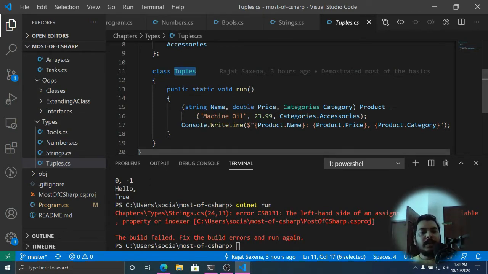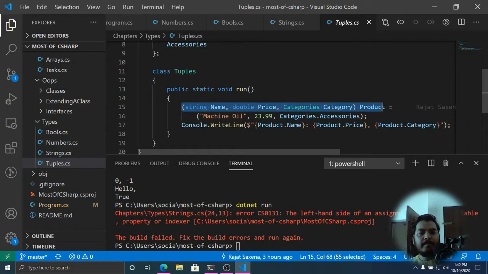This is how you can create a tuple. Basically the product is going to be a collection of many basic types or any user defined types for that matter, and I am going to put it inside these parentheses and create a variable name. So this will define a tuple type. Now here I have defined the value.